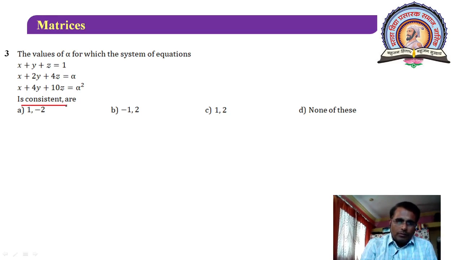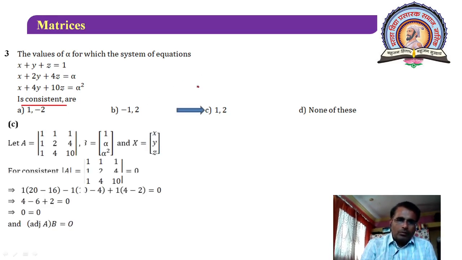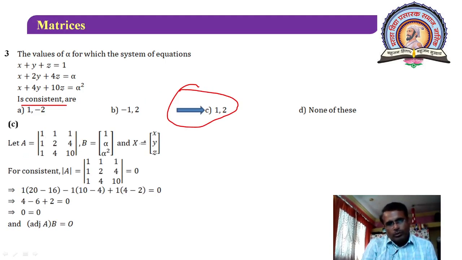Consistent means either a unique solution or infinitely many solutions. So let us see what happens. The answer is 1, 2, and see how. These are your coefficient matrix, right hand side matrix and matrix of variables. Then for the consistent system, the determinant must be equal to 0. Okay, and therefore it is clear that you have got 0 equal to 0. Now if the determinant is equal to 0,